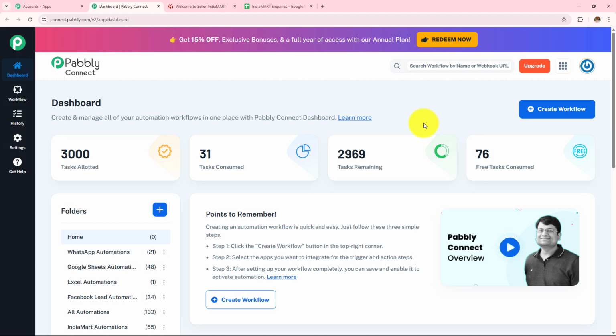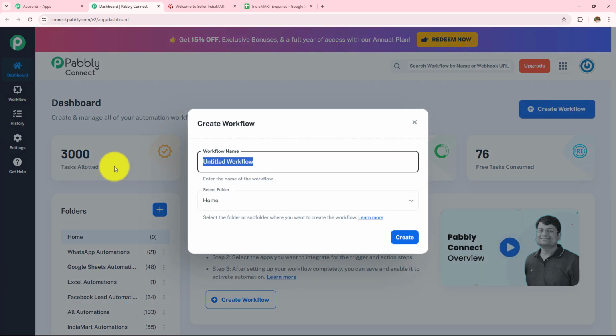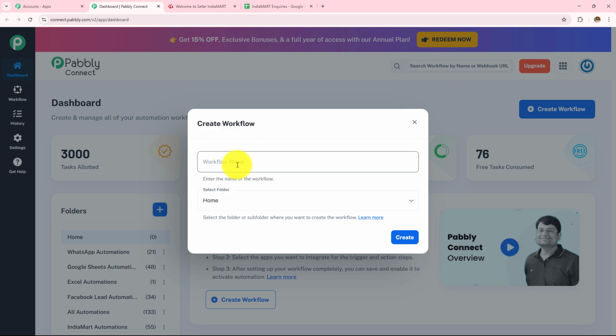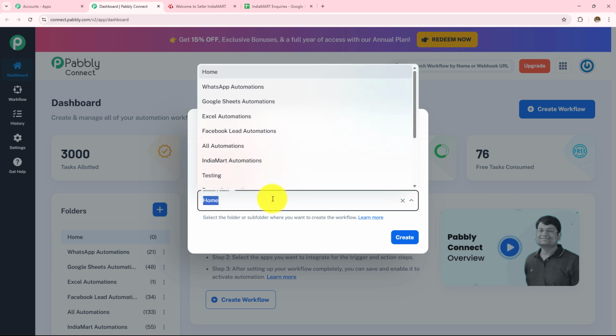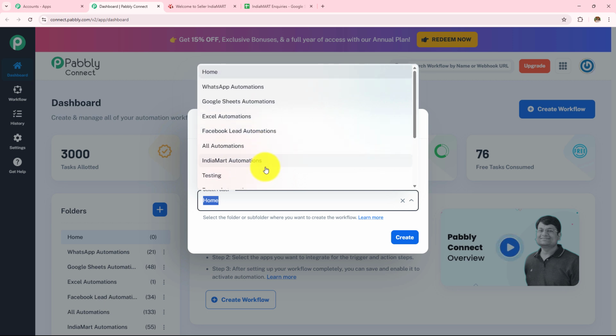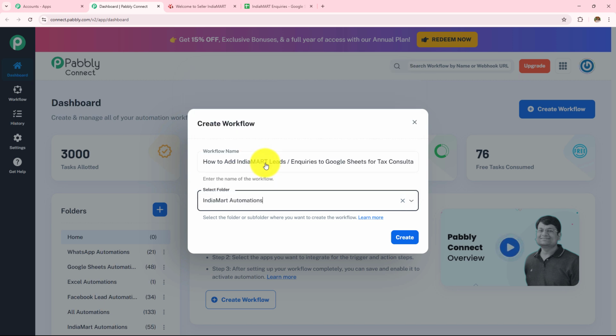For now, I want to create a new workflow, for which I need to click on this create workflow button, and first I need to provide the workflow name, and then I have to select the folder in which I want to save that workflow. So here, first name this workflow as how to add IndiaMART leads and inquiries to Google Sheets for Tax Consultancy Services, and now I need to select my folder. So these are the folders that have been created, and here I am going to select this IndiaMART automations